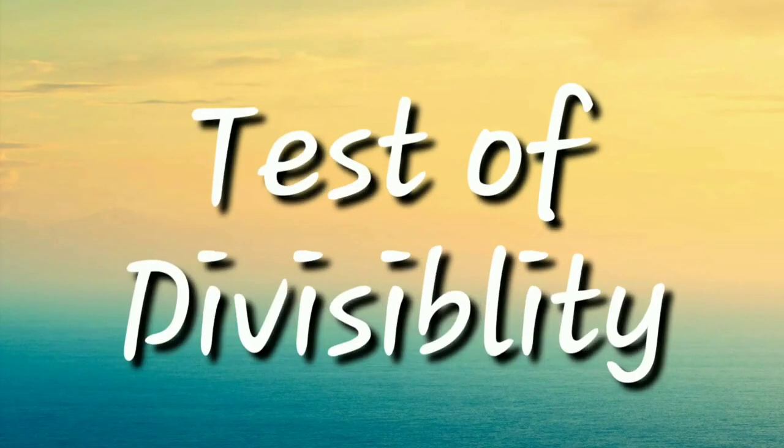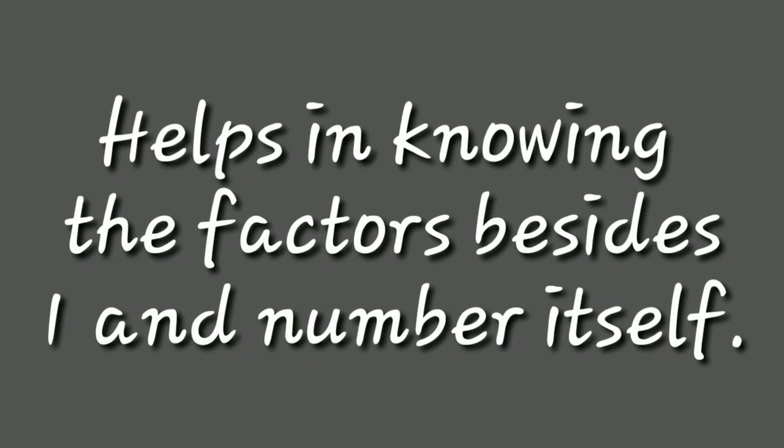Now the next topic that we have to study today is about the tests of divisibility. Tests of divisibility help us to discover whether a number has a factor besides 1 and the number itself. With the help of these rules, we are able to determine whether the given number is divisible by any number like 2, 3, 4 and so on. Without doing the actual calculation, you can easily determine whether the given number is a factor of that number or not. For this, you have to follow certain rules which we have made. The rule for every number is different, like for 2 it is different, for 3 it is different, for 5 it is different and so on.